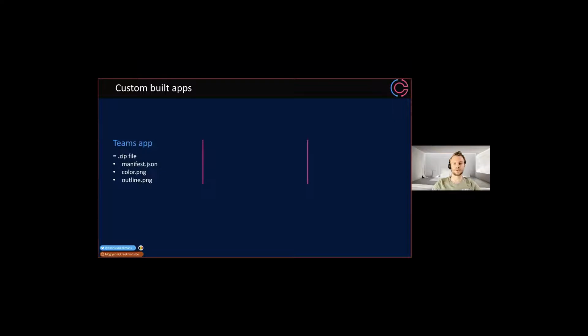surfaces the information that you need for your application to show in Microsoft Teams. It's combined with an app registration. So depending on the extensibility point that your application uses, you want to register your application within Azure Active Directory, potentially with the bot framework or even as an Outlook connector in one of the many online portals that Microsoft has. And then the last thing is your actual application logic, which is either a web application with some server-side or client-side logic, or just a web service that responds to queries that you send it directly.